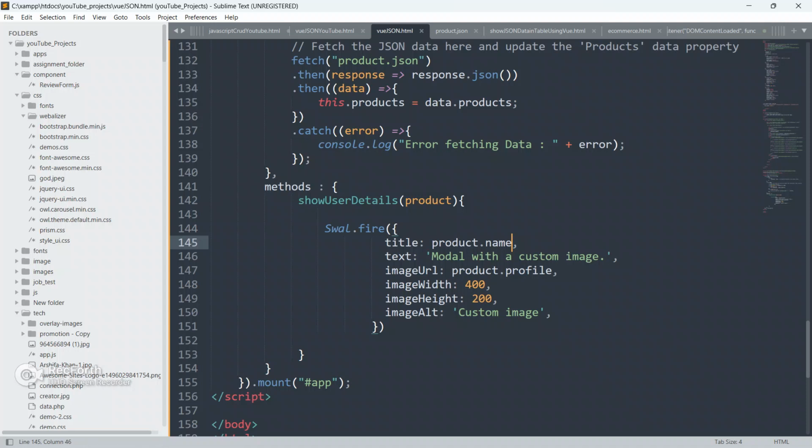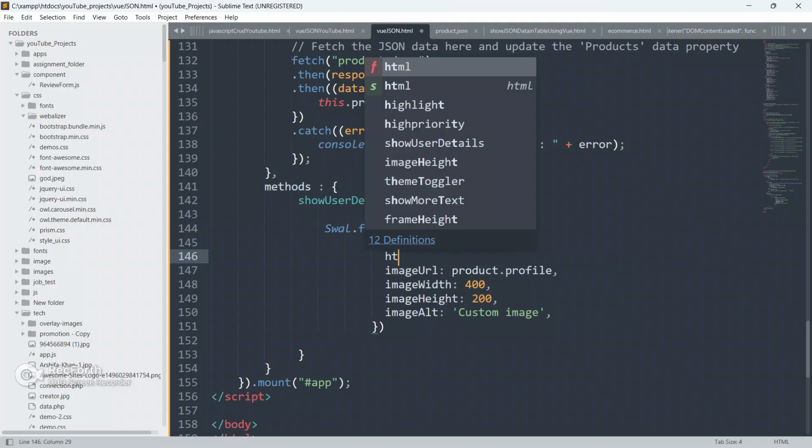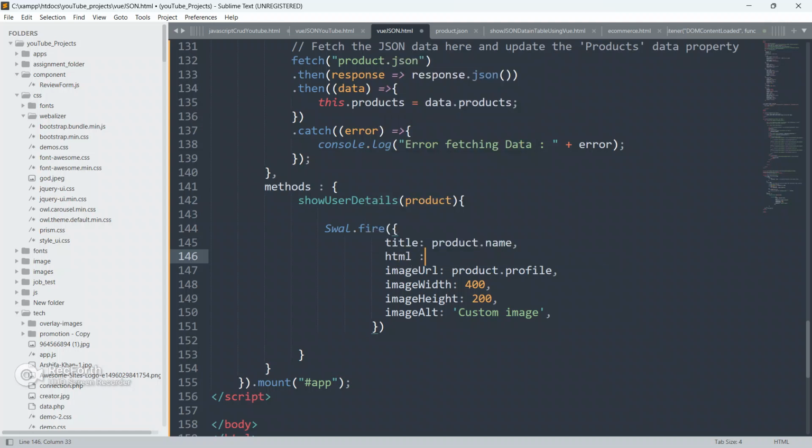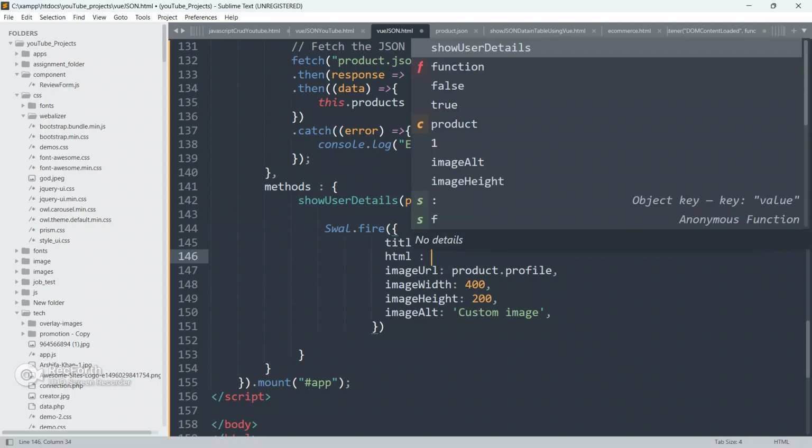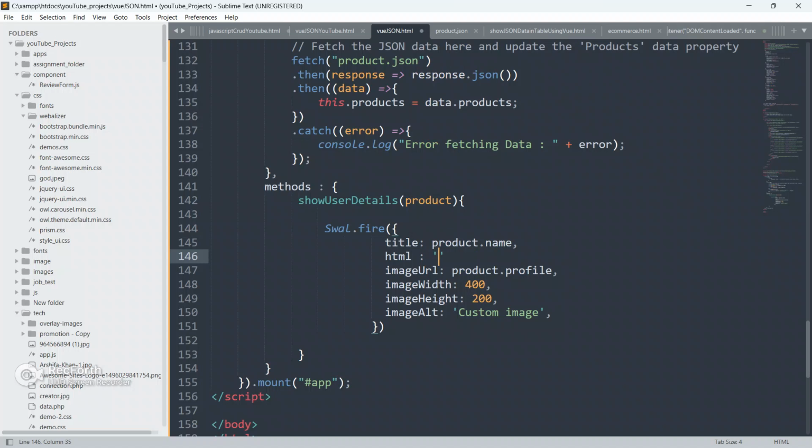And I will remove this text, and instead of this text, guys, I'm going to use html here. Give a colon, and then a comma.